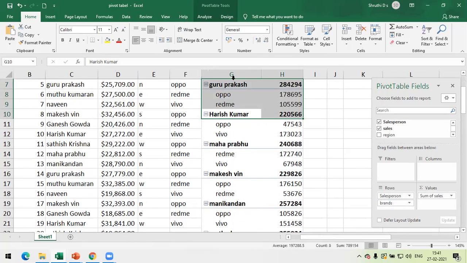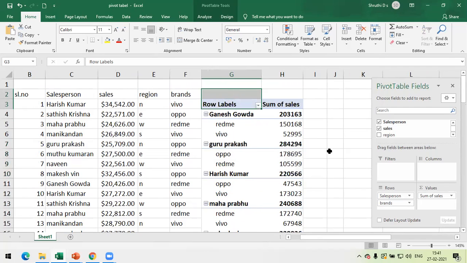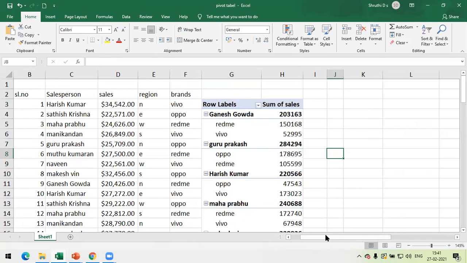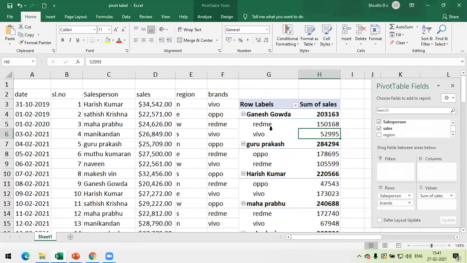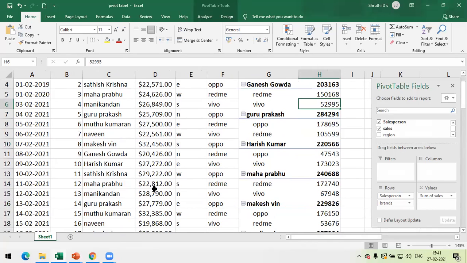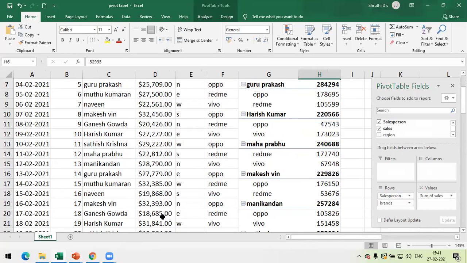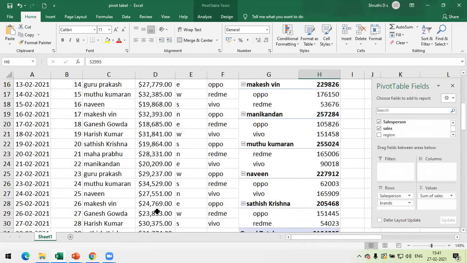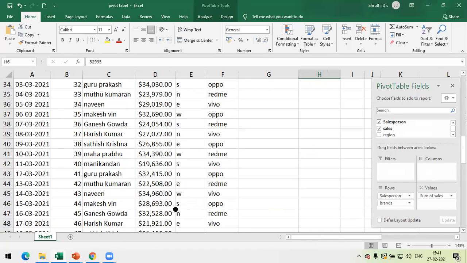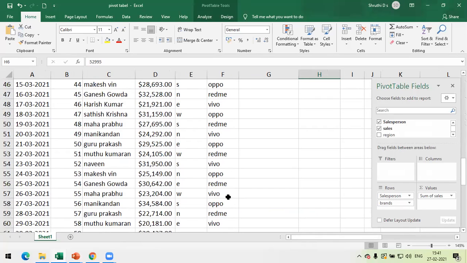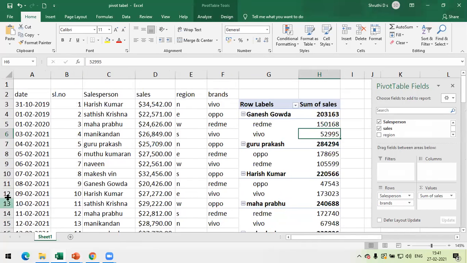Redmi, the total. Let me just drag and drop. Okay, the sales which he has made, right? So yeah, Redmi and Vivo. The total sale is 20,426, and again you have Ganesh Gowda with 18,685, and again the same person with 23,833. But here also it is Redmi, so it is going to add all those things, right? And finally all of them is Redmi, and the only one is, I guess, it has been changed somewhere. Okay, so like that it is going to analyze for you what is the total amount. Okay, only one thing, Vivo, it has been changed.